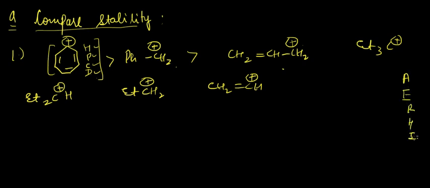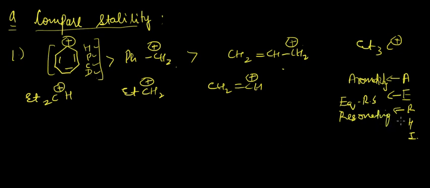According to AIIMS principle, A is aromaticity, E is equivalent RS, R is resonating structures, and for comparing resonating structures, we have to again look into the rules. I'll just write it in short form only. So for comparing the resonating stability of 2 compounds, first we have to see more number of covalent bonds, then we have to see